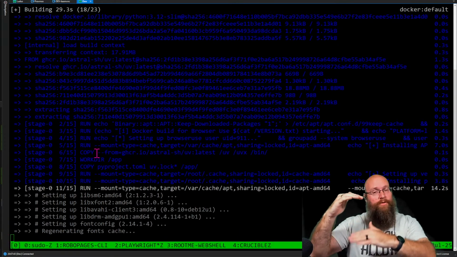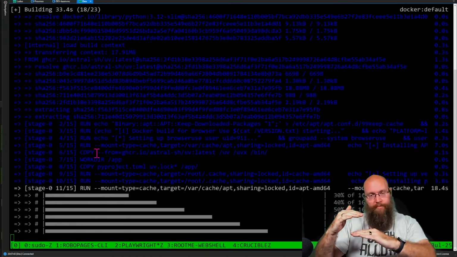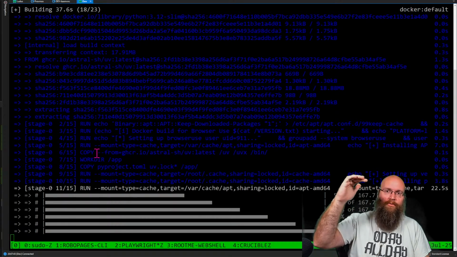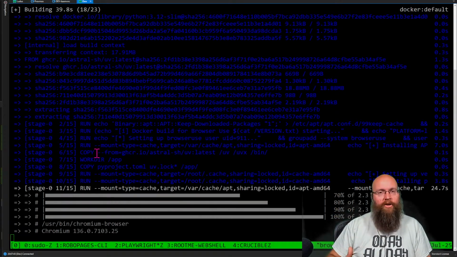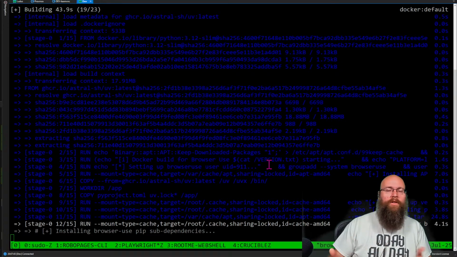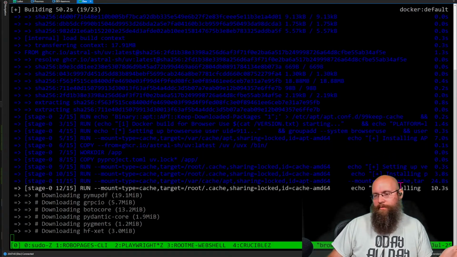Because then you can use those caches to skip a lot of the steps and just do the parts that change. If you've got stuff that's going to change constantly and you put it at the top of the Dockerfile, then every layer after it has to change. Thankfully, this should be fairly quick if it worked. It looks like something went wrong the last time we built it, and we didn't get the Chromium browser. So that's what we're fixing right now.